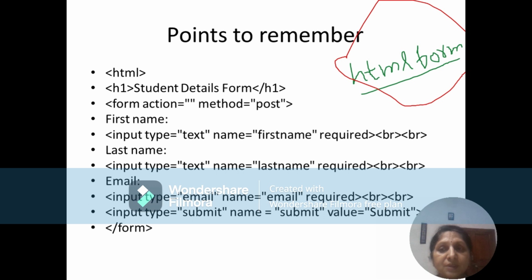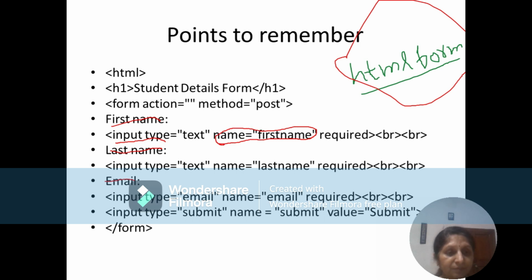Okay, how many inputs are you accepting? So this is the label. First name is the label, last name is the label, and email is the label. So we are accepting first name from the user. To accept the input from the user in our form, we have the input tag. Now in this input tag, the type is text, and this attribute is very important.